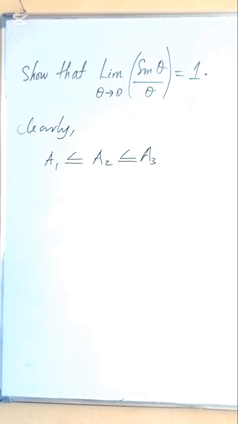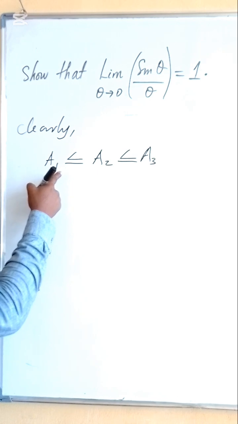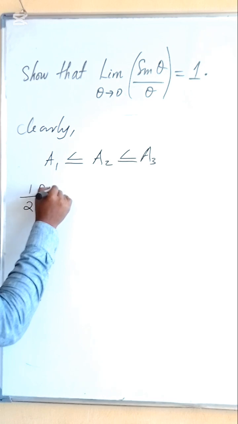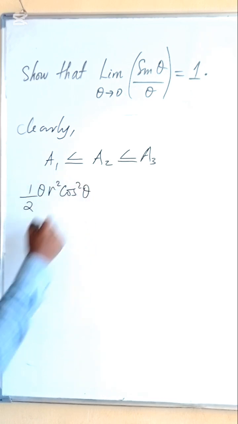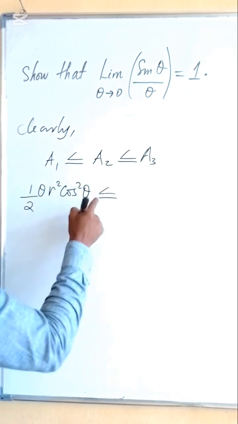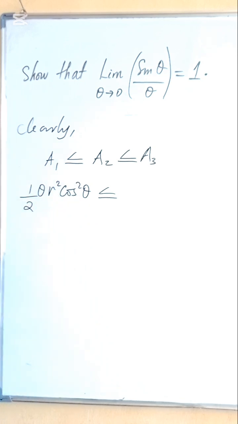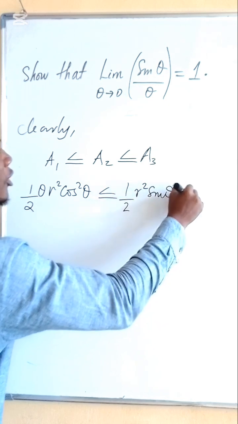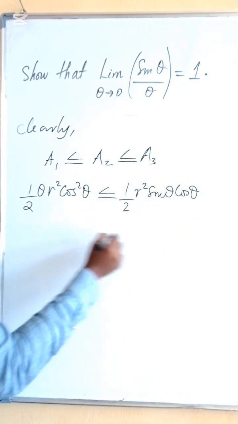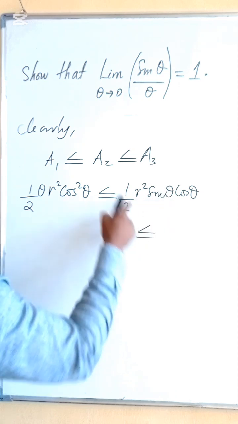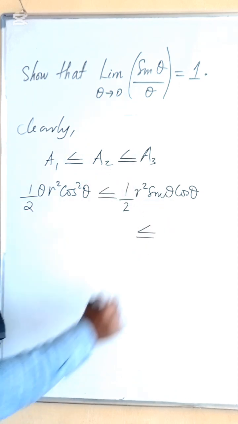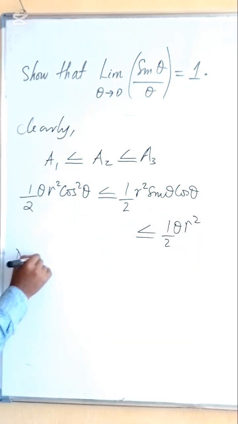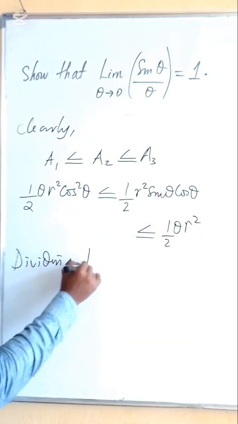Now, this implies that A1, which we previously had as half theta R squared cos squared theta, will be less than or equal to what we obtained for A2, which was half R squared sin theta cos theta, which in turn will be less than or equal to what we had for A3, which is half theta R squared. Dividing through by half R squared,